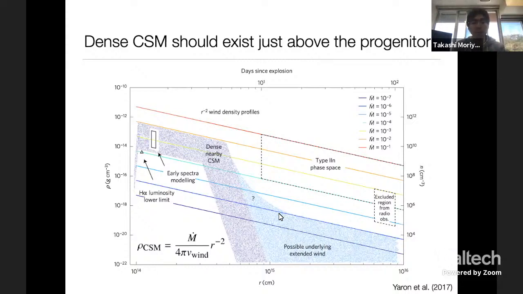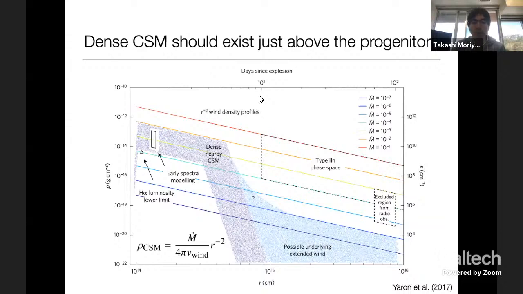So if we draw a line of this mass loss rate, the expected density is around here, which is quite different from what they find here. So as shown in this plot,